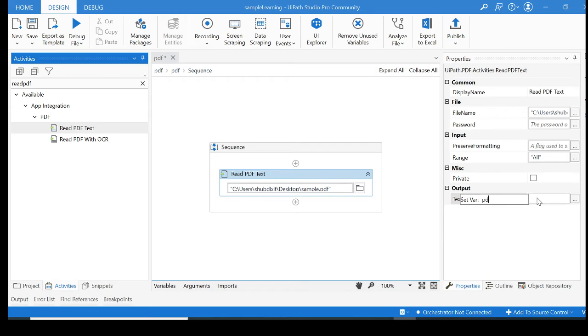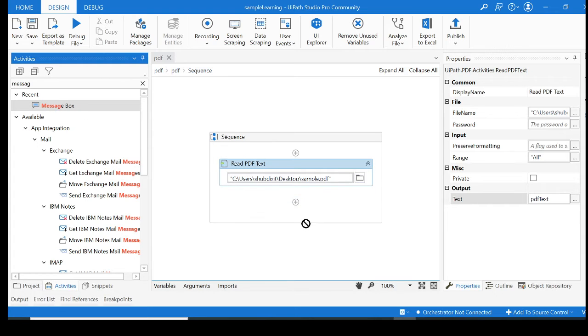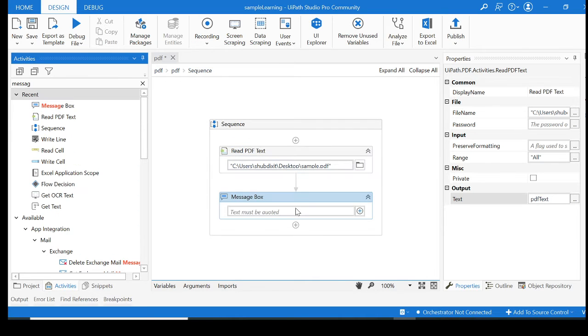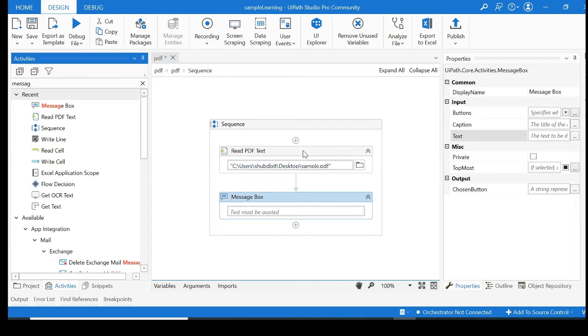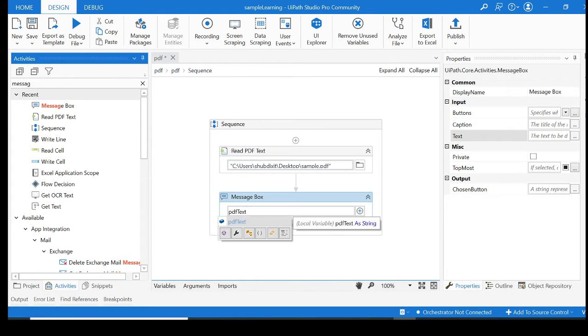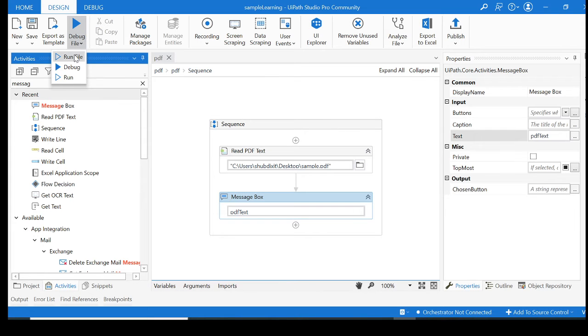So I'm gonna store it into PDF text. I will give the variable name as PDF text. It's been stored. Now you need to print it as well, right? So let's print it into a message box. Drop your message box over here. Message box has been dropped. PDF text, you need to take it and paste it over here. And now you need to run it. Let's see what happens.